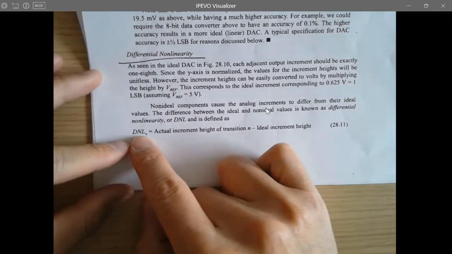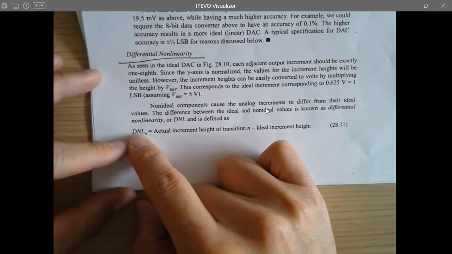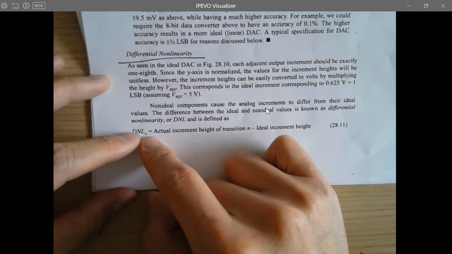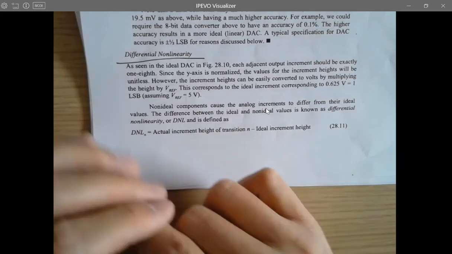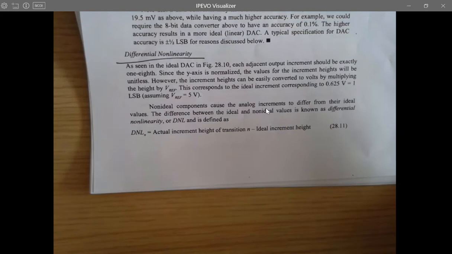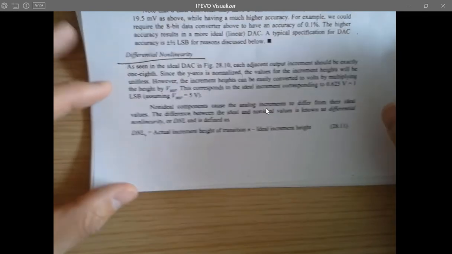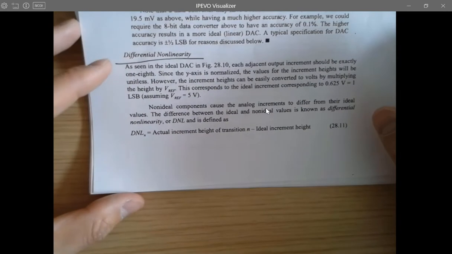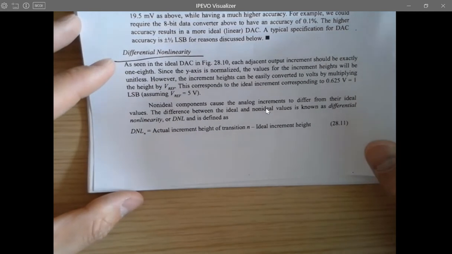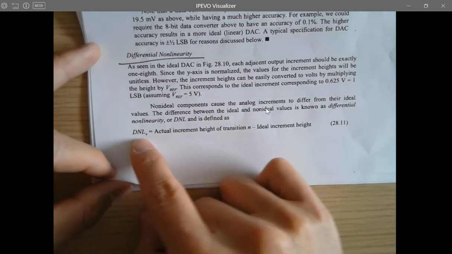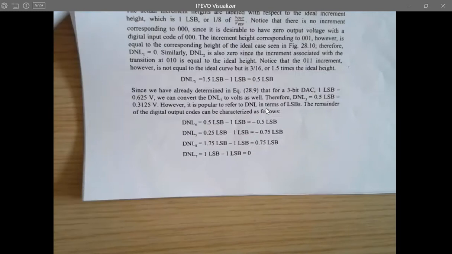So that's where you get a differential nonlinearity as a parameter. It's evaluated for each bit, for each transition. It's not an overall DNL. The one we just saw on the website is an average performance for all the transitions, but you can evaluate every single transition, all the bits. So if you look at this example here,